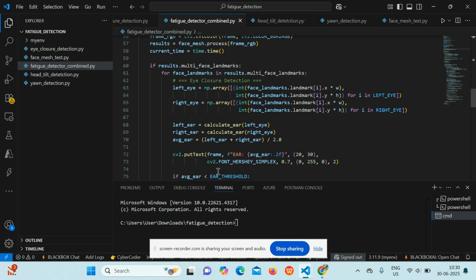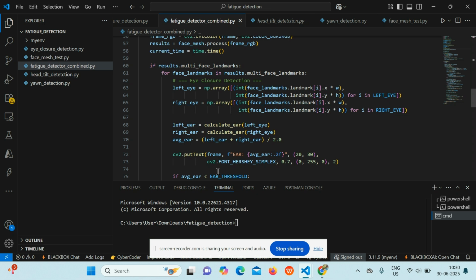Left ear we can calculate the EAR of left eye, right ear calculate EAR of right eye, average EAR: left ear plus right ear divided by 2.0. cv2.putText frame,